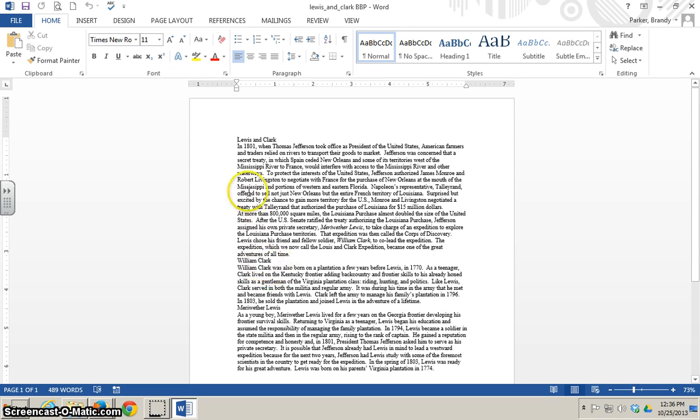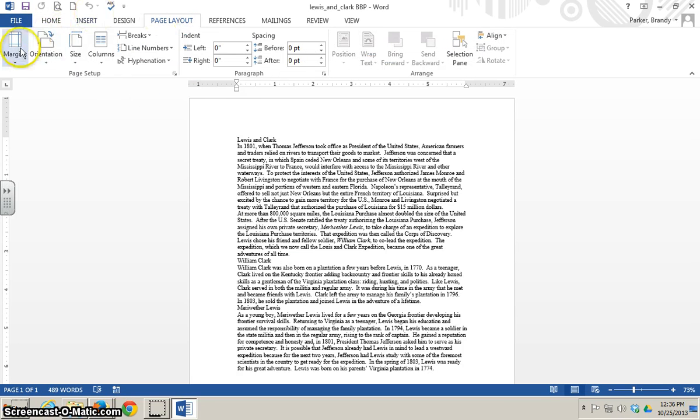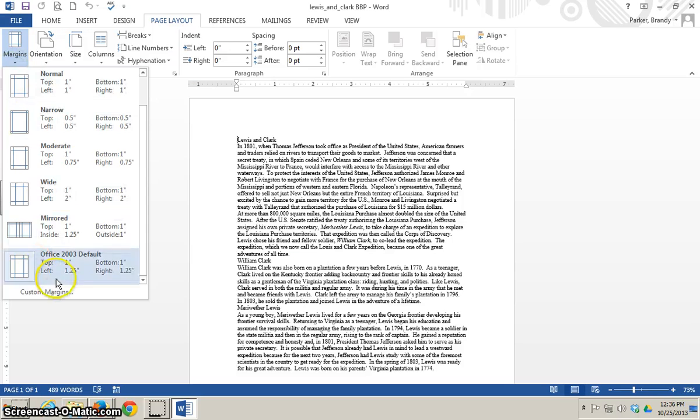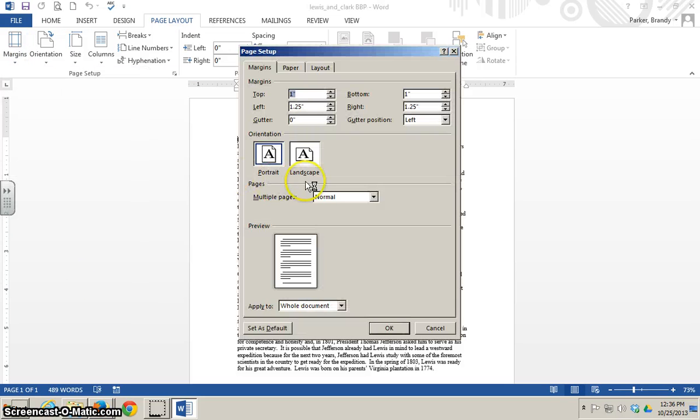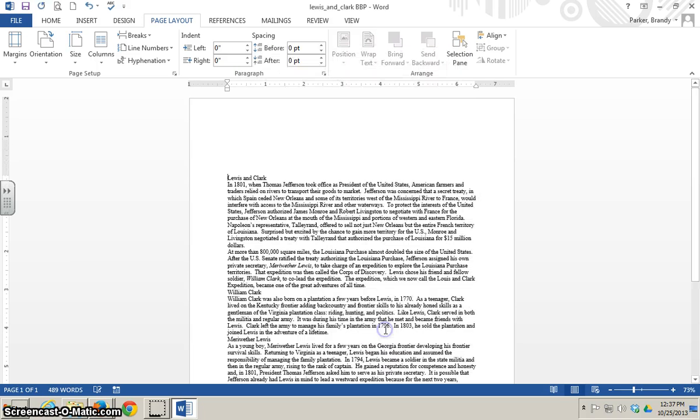So first thing we're going to do is change the margins. So you're going to go to the Page Layout tab, the Margins button, and go to Custom Margins. In Custom Margins, we're going to do a top margin of 2, bottom of 1, left 1, right 1 inch. And let's hit OK. And then I'm going to use the Control A keys to select everything in the document